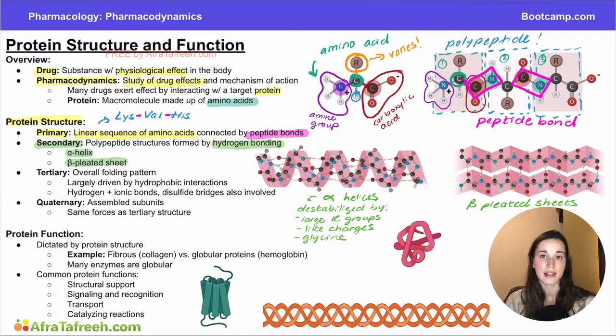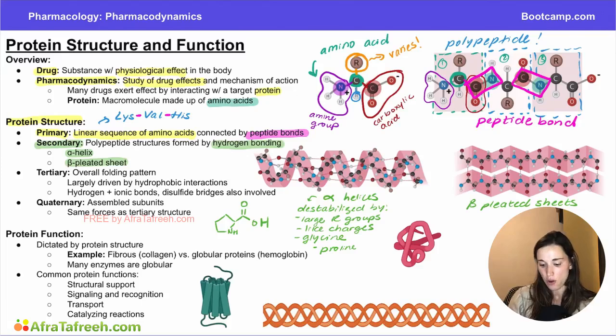Another amino acid that disrupts alpha helices is proline, and the structure of proline looks like this. Proline is unique in that its R group bends around to bond with the amine group of the amino acid, which means that this amine group can't participate in this hydrogen bond. Also, because of this unique binding, proline ends up having a unique shape compared to the other amino acids, and it actually creates a bend in the secondary structure of the protein, which isn't compatible with the folding of the